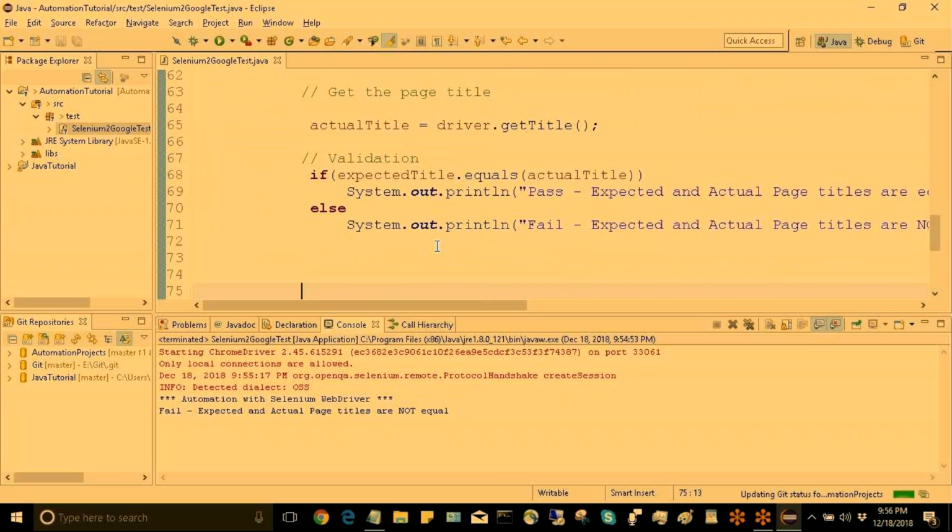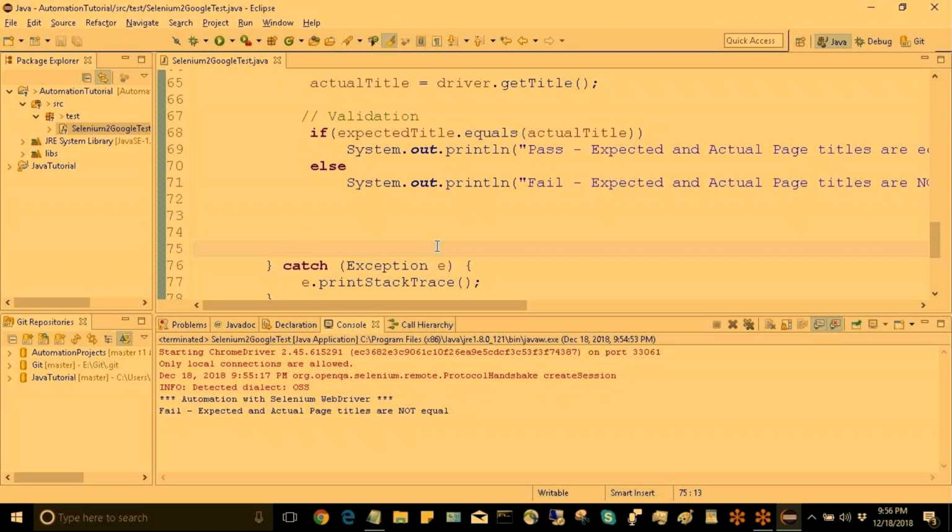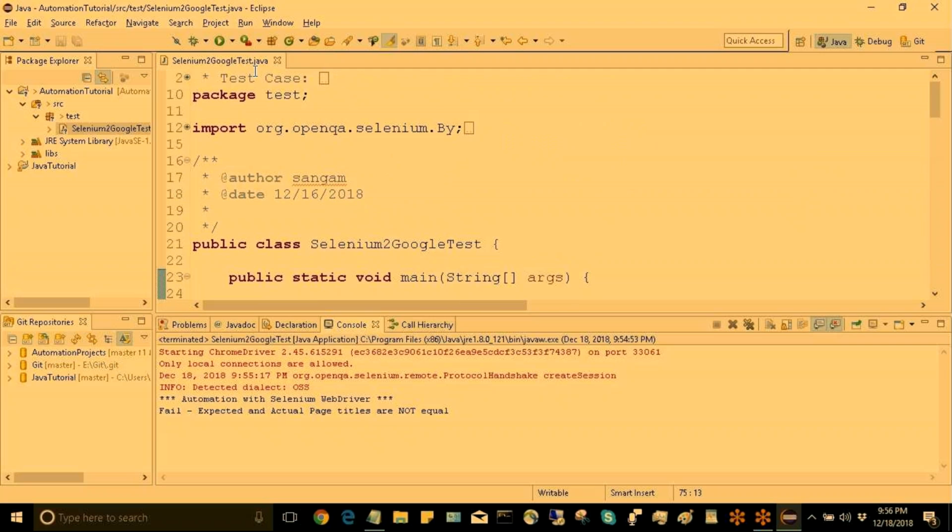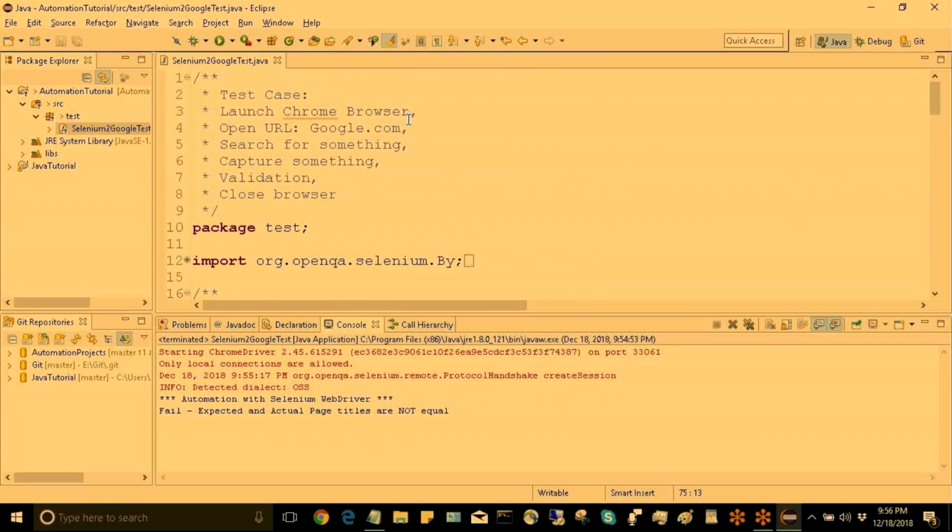Okay. So this is a simple test case, simple in the sense it's a linear framework, I would call it. I'll just mention it here. In this case, we launch the Chrome browser, open Google, search for something, capture something, captured what? Title, right? Page title. And validation, close the browser. This is exactly what we did. So this should be called a linear framework. No complication, just pure